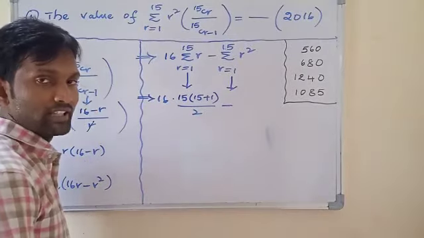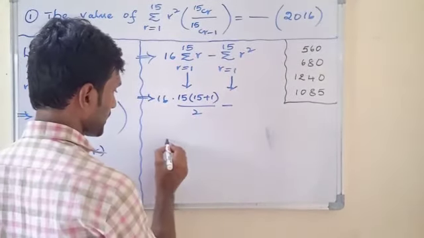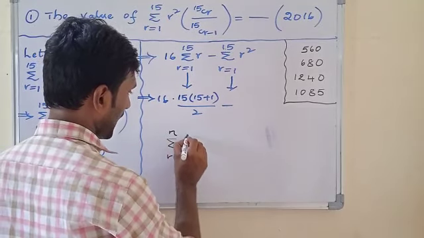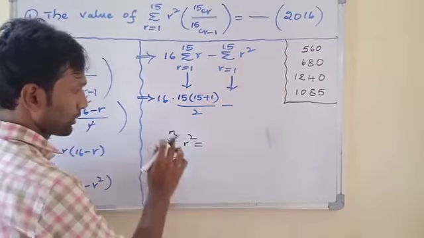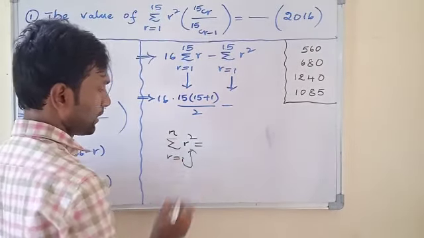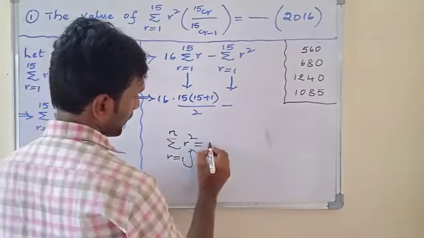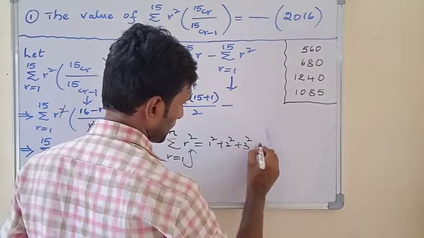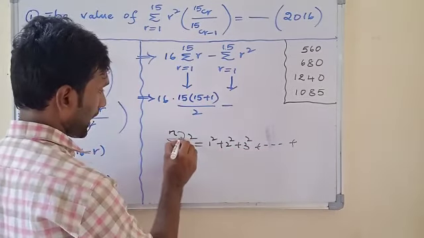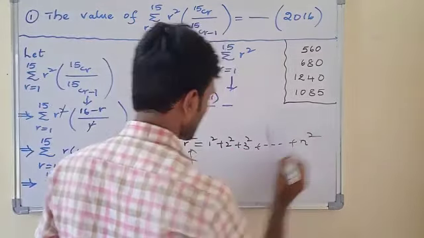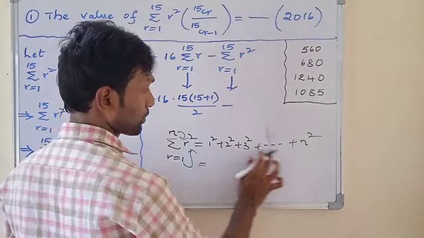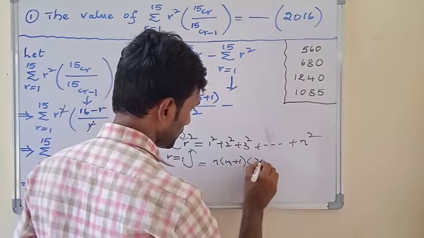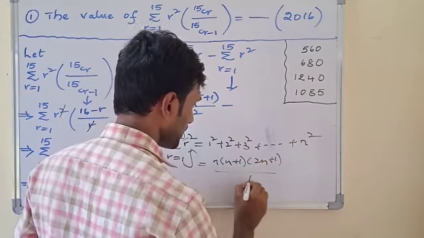See this one. There is another standard formula in the chapter progressions. It is like this: sigma r equals 1 to n of r square equals... Now write the values of r from 1 to n. First of all, r is 1 square, next 2 square, next 3 square, plus, and so on. Finally the value of r is n, that means n square. What is the formula of 1 square plus 2 square plus 3 square plus, and so on, n square? It is n into n plus 1 into 2n plus 1 divided by 6.